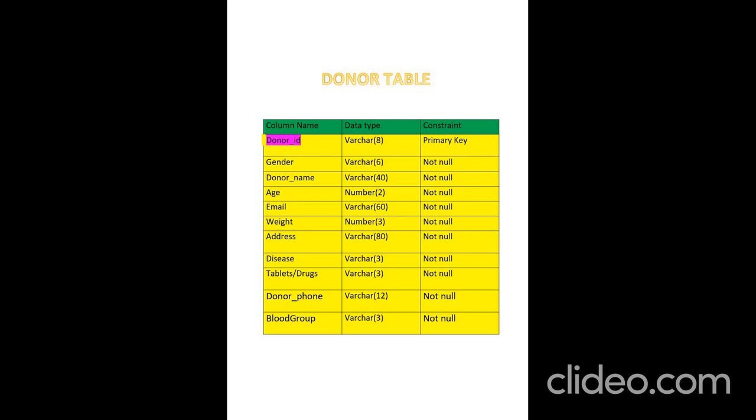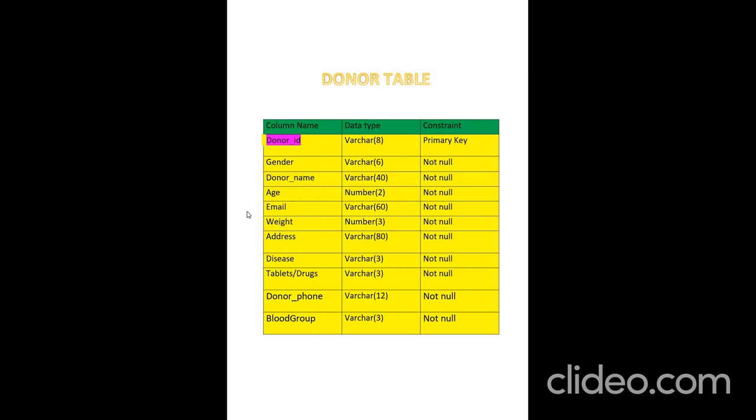This is how donors enter the information, and those details are stored in this table. Each donor is given a donor ID. So what is this donor ID? I have also written it as primary key. A primary key is nothing but a key attribute which uniquely identifies a tuple or a record in a relation